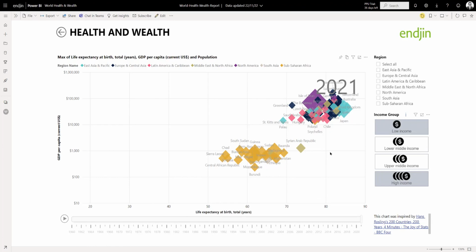So this brings it home quite starkly that whilst globally health and wealth have been going in the right direction, we've still got a long way to go before we have genuine parity and consistency around the world in terms of those two metrics. I hope that's been useful and a nice demonstration of how to tell data stories using Power BI and how strong visual design can help bring that data to life.